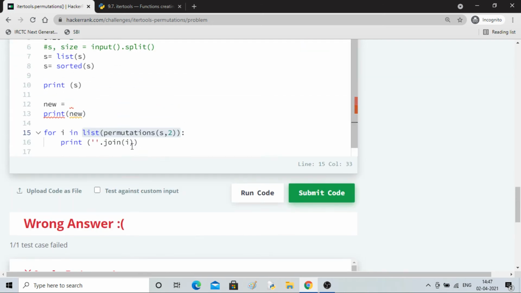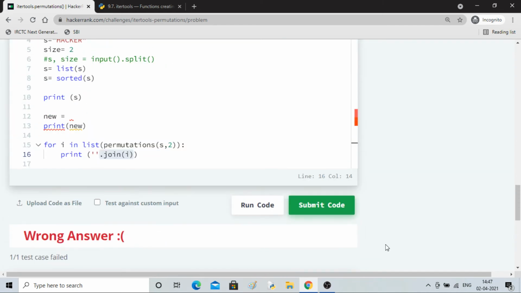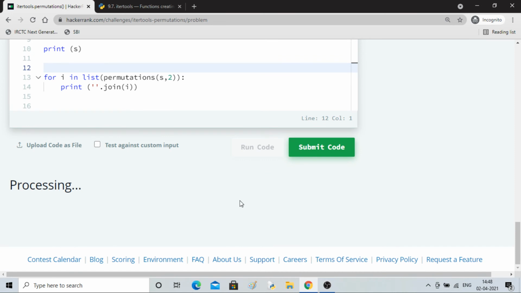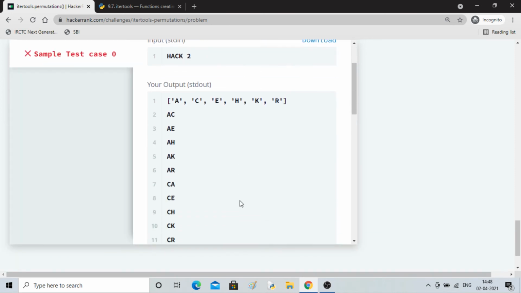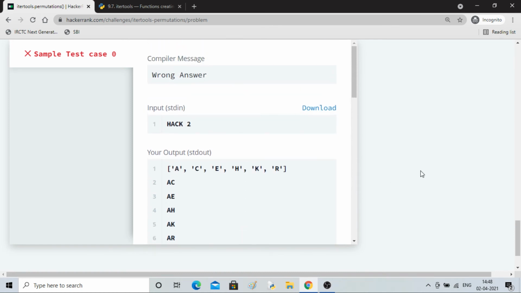I'm just combining them, joining them with nothing. So the first line will print AC, next line AE, third line AH, like this. And I can remove this variable, I don't need to define it. So now you can see AC, AE, AH, AK, AR, like this. That is what I am doing with HackerRank.